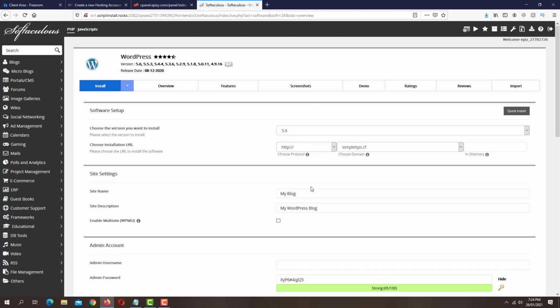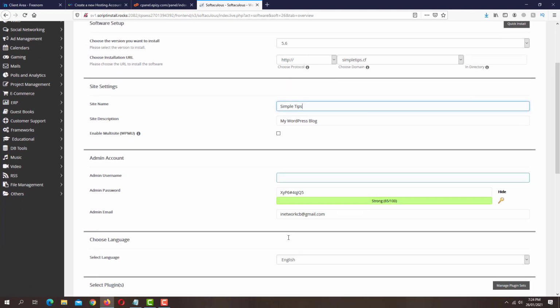Now under site settings, just enter the site name. So I will enter Simple Tips. Under admin account, you need to enter the admin username. So I will enter the admin username and then enter the admin password of your choice.